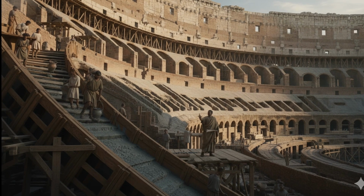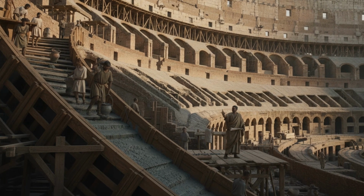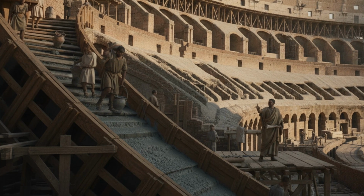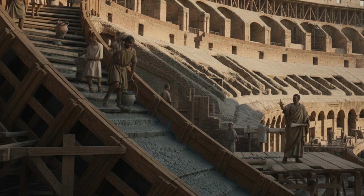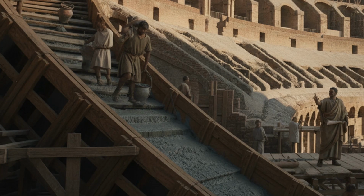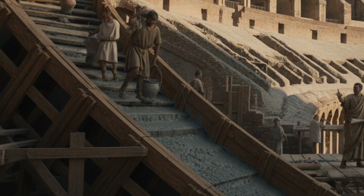The complex geometry of these corridors, curving, inclining, and intersecting, was made possible by concrete poured onto wooden formwork. Constructing such intersecting geometries in cut stone, stereotomy, would have been prohibitively slow and expensive. Concrete allowed for the rapid replication of these complex forms, enabling the 80 entrance arches to function as a seamless